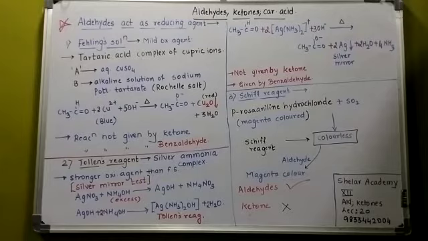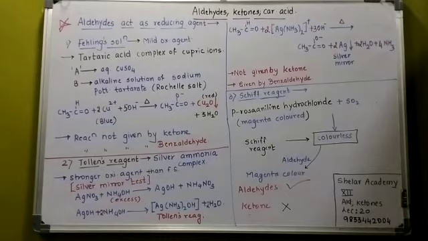The reaction which is not given by ketone is also not given by aromatic aldehydes, for example benzaldehyde, because this is a mild oxidizing agent. I repeat, Fehling's solution A and B together. What is A? It is aqueous copper sulfate and B is alkaline. Together they make Fehling's solution, and that is reacted with the aldehyde.